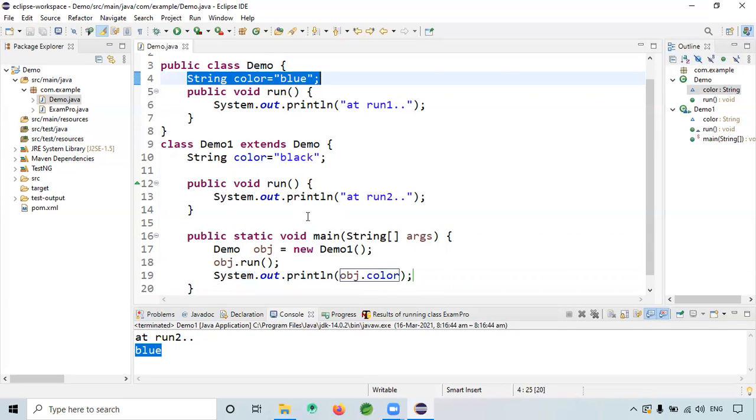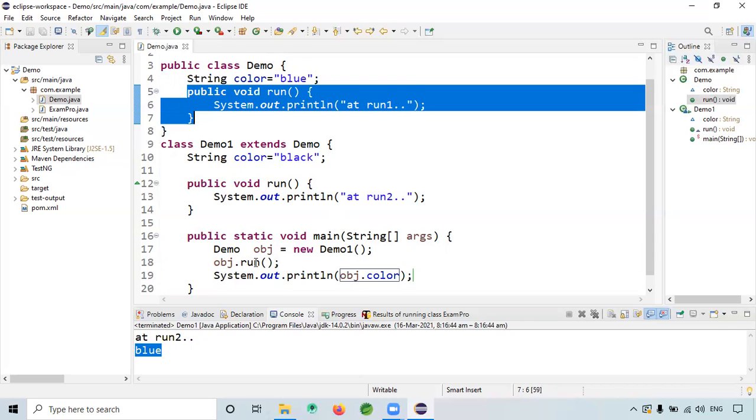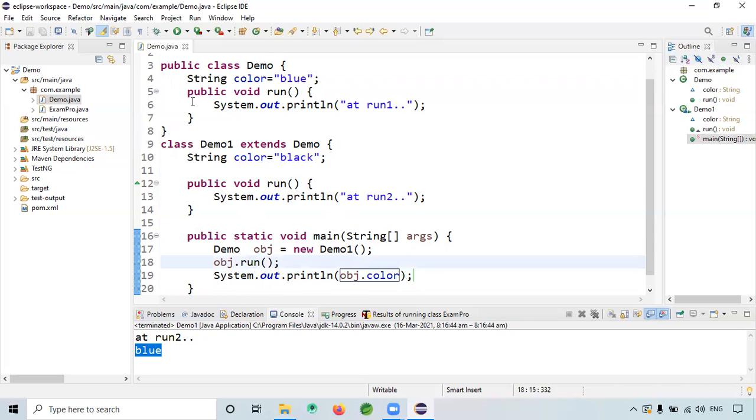So the question is, they will ask: polymorphism is applied for the methods, right? Yes. But is it possible to override the data members? Polymorphism is not applied in the case of the data members.